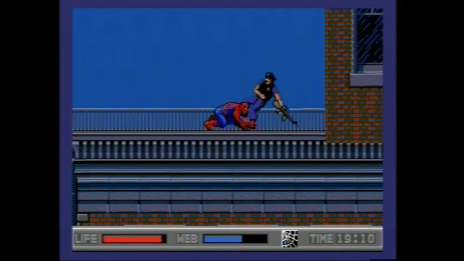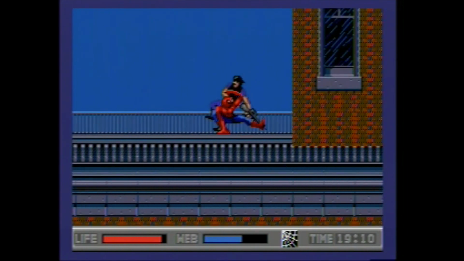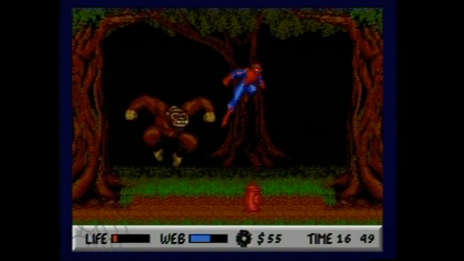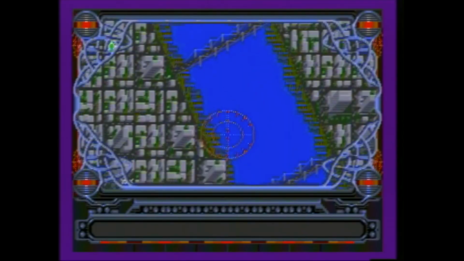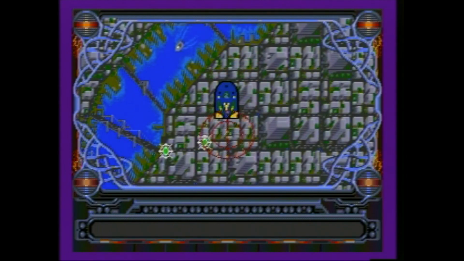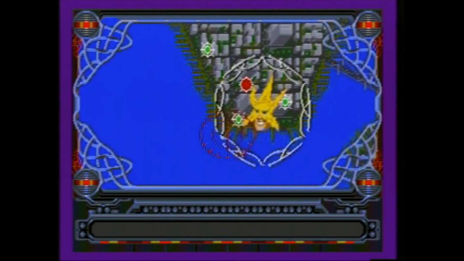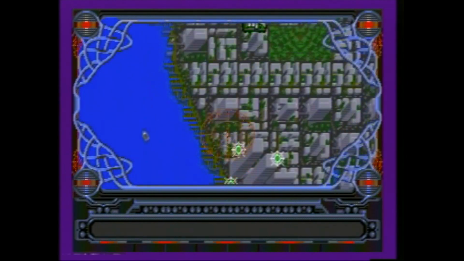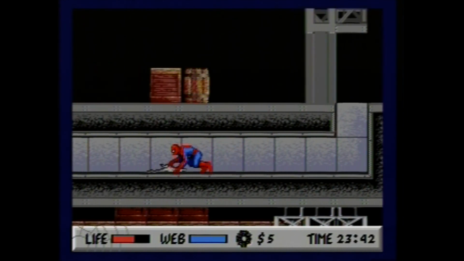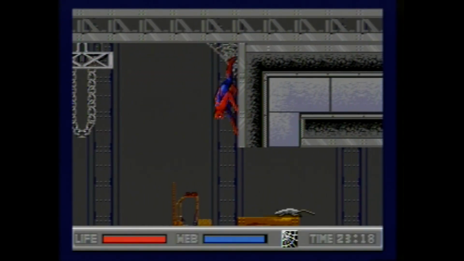Another way the gameplay has changed is the more open world approach. The Genesis game has you move from level to level, just like any action platformer, but the Sega CD version lets you choose where you want to go, and there are many places to go on this big map of New York. The few big levels on Genesis have been replaced by many short levels on Sega CD, and the